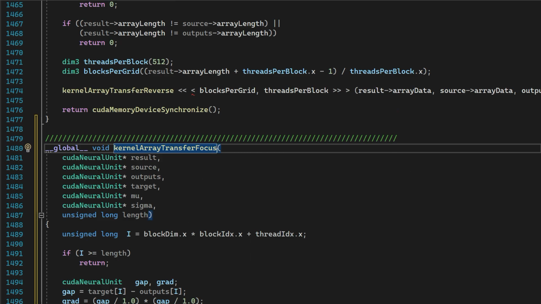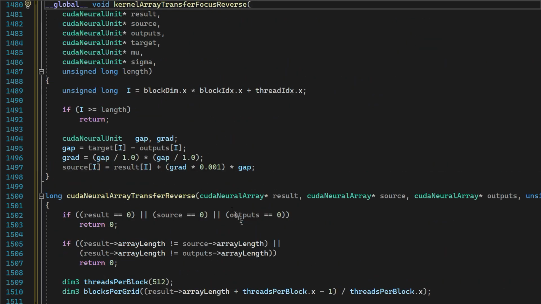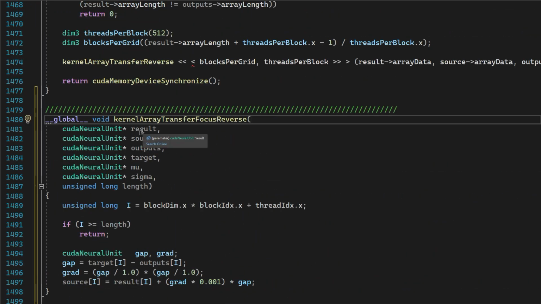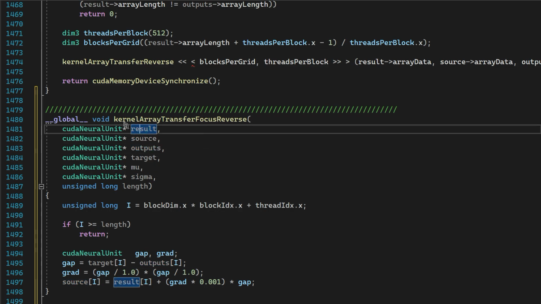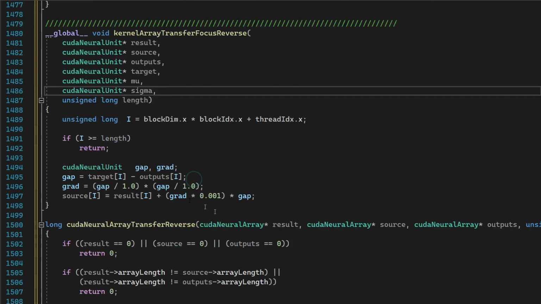Transfer focus reverse. There's no focus forward, but we need to call reverse just so we know that everything's being reversed from source. Now from result over to source. It's copying from result to source. That is to make sure everything's clear. Okay, gap